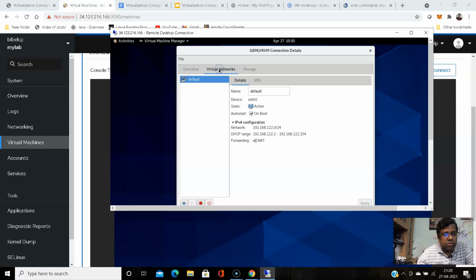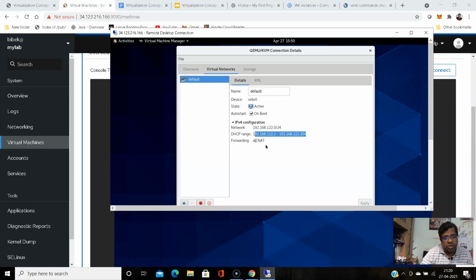Here, under virtual networks, you can create a virtual network. This is one virtual network created by default. It is using the subnet 192.168.122, and there is a DHCP server, and it's configured with NAT. NAT means this guest VM can access the internet through network address translation provided from the host operating system.